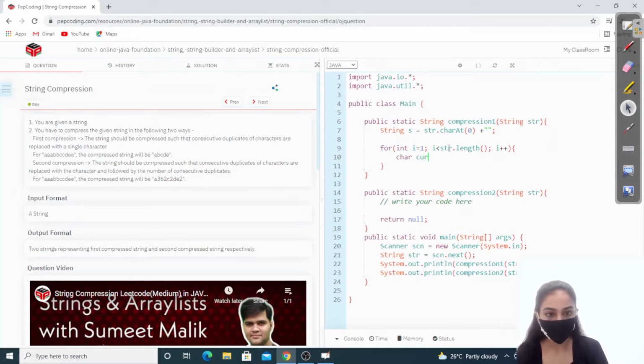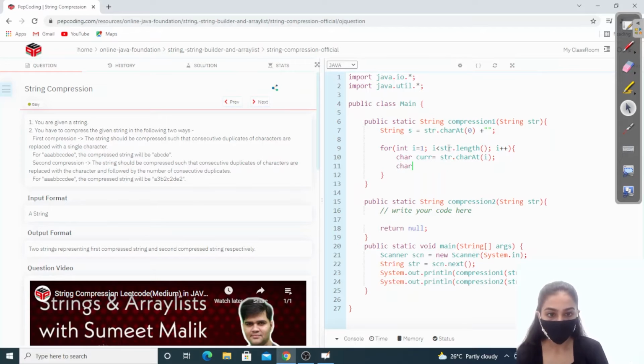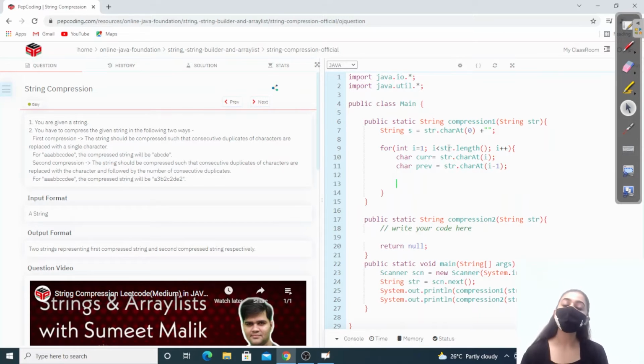Character current is equal to str.charAt(i). Next is the previous element: the previous element is equal to str.charAt(i minus 1). Now if the current element is not equal to the previous element, then we have to add it into the string, right?